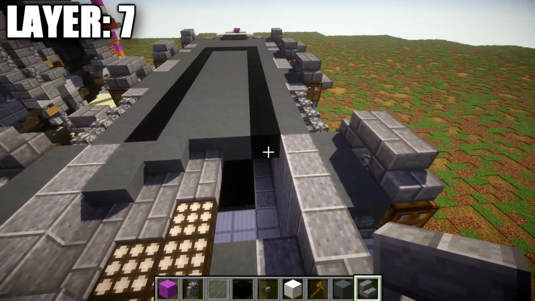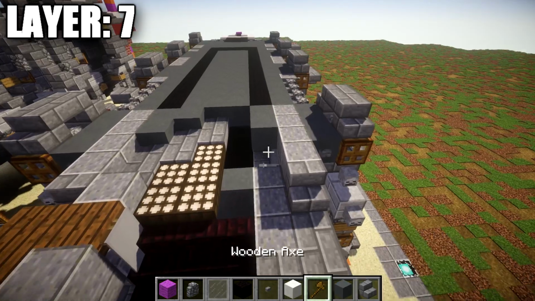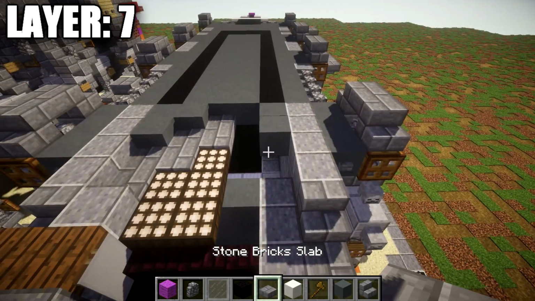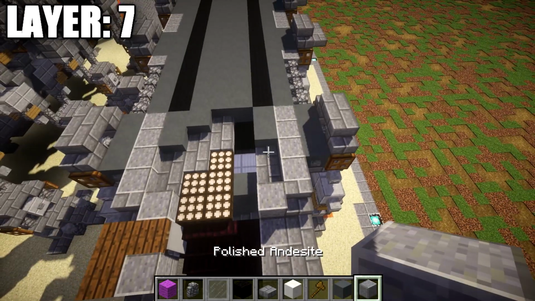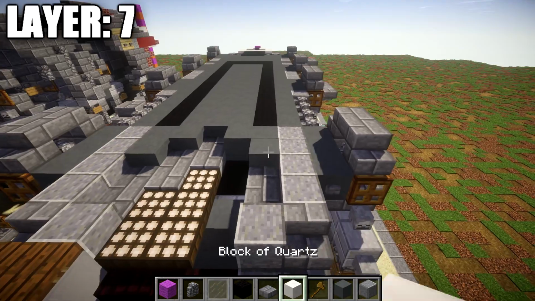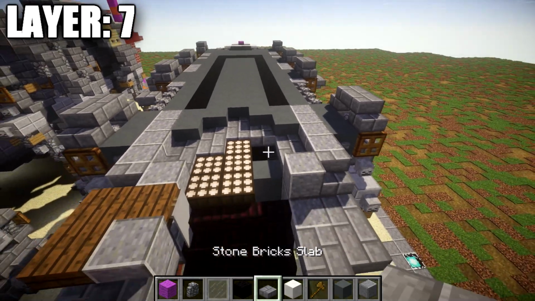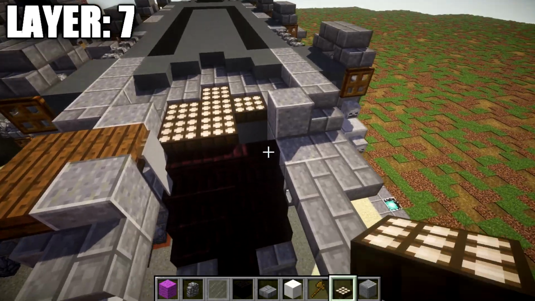Going ahead and going again to the middle, coming off this black wool block here, we're going to place down a row of 1 and 2 cyan stained clay blocks back, followed by a row of what is going to be 1 and 2 stone brick slabs, and then a polished andesite block after that. Again, going to our next row over, we're going to place down a cyan stained clay block, followed by a row of 1 and 2 of stone brick slabs, and then a row of 1 and 2 of daylight sensors